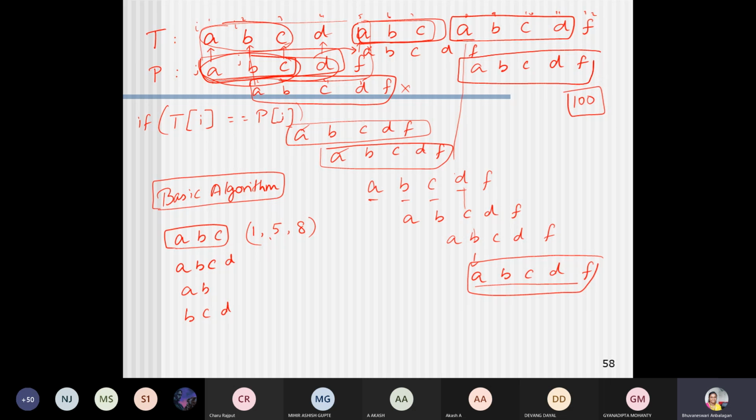So how many steps are required over here? Nearly order of M into N, where M is going to be the length of the text and N is going to be the length of the pattern. So big O of M into N number of steps is involved for identifying a substring in this given string. But if I go for this type of pattern identification, I can reduce the number of times I have to shift the pattern. So that is what we are going for, an algorithm called the KMP algorithm.